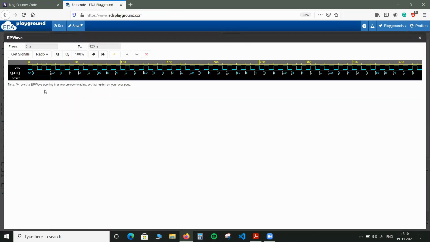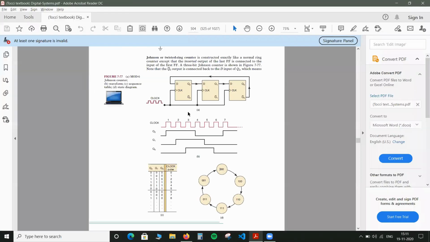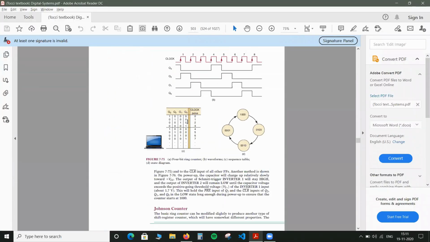Here you can see we are getting the multiples of 2: 1, 2, 4, 8, and then I should change the radix to hex. You can see we are getting the count in multiples of 2, like 1, 2, 4, 8, and then 10, which is 16 actually. We are representing in hex format, so 10 is 16, and the same pattern will follow after that. So we are getting the right results, and we can confirm it by looking into the book.